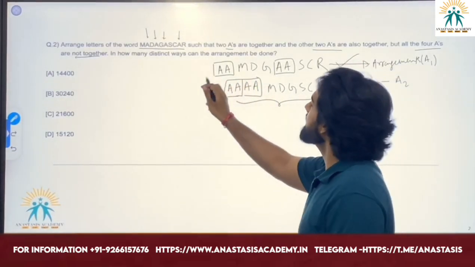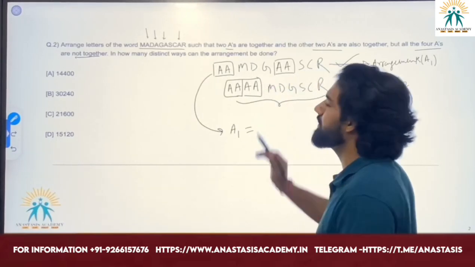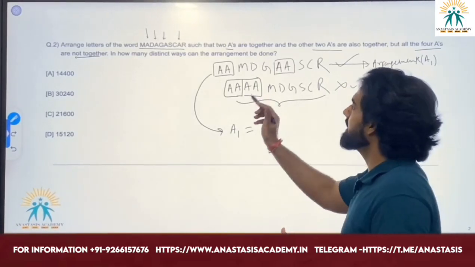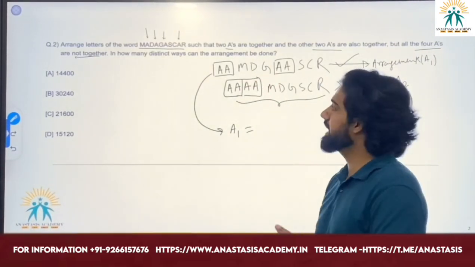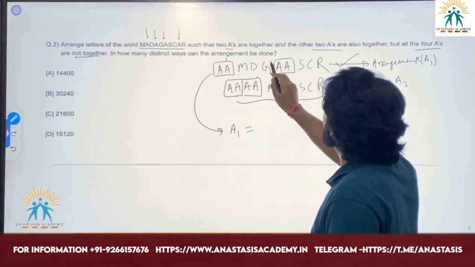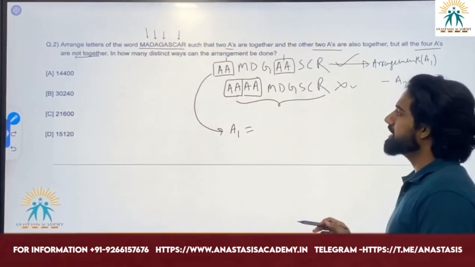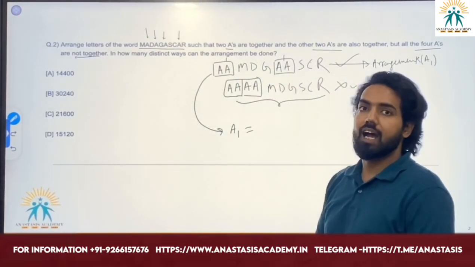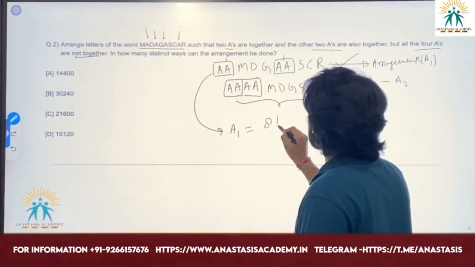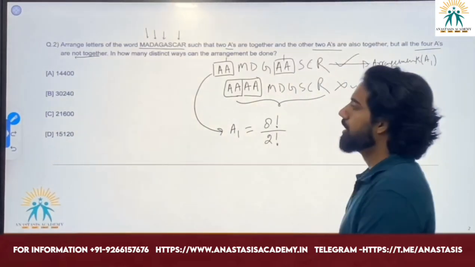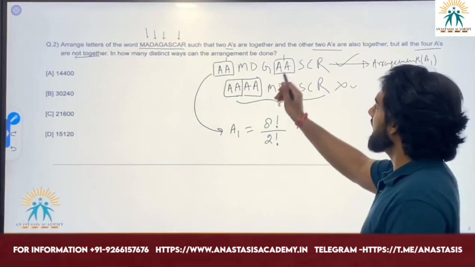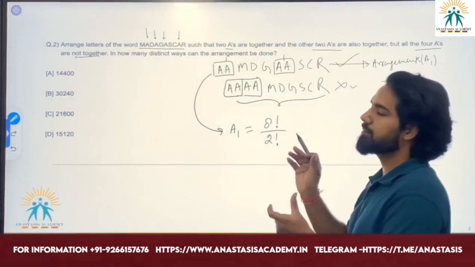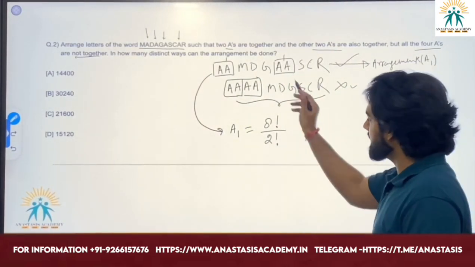In the first setup, I am calling the total arrangements A1. This is a packet of double A, and I am treating it as a single object. So 1, 2, 3, 4, 5, 6, 7, 8. This is the arrangement of 8 objects in which 2 objects are identical, so it is given by 8 factorial over 2 factorial. Why? Because this double A and this double A objects are similar, and because these are similar,